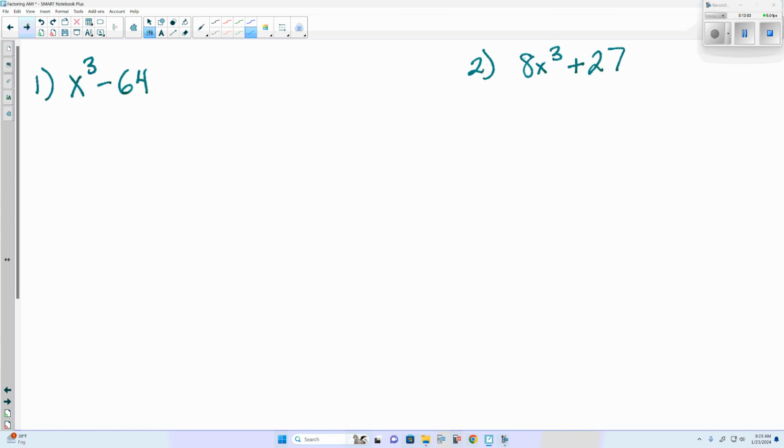8x cubed plus 27. Our x cubed is telling us this is most likely going to be a sum or difference of perfect cubes. The only other way that we would have an x to the third term is factoring by grouping. But factoring by grouping, we need 4 terms. We need to group them in pairs of 2s and go from there. So what we can do first to help us solve this here,